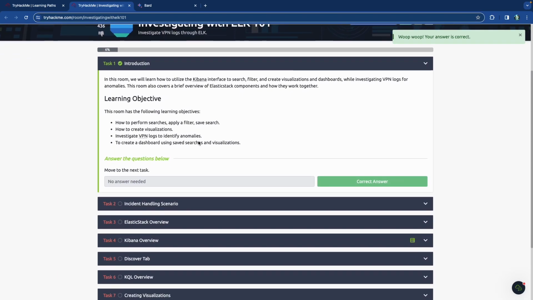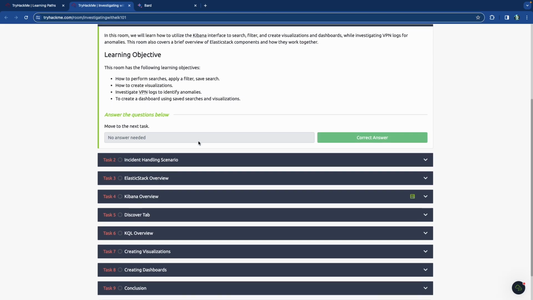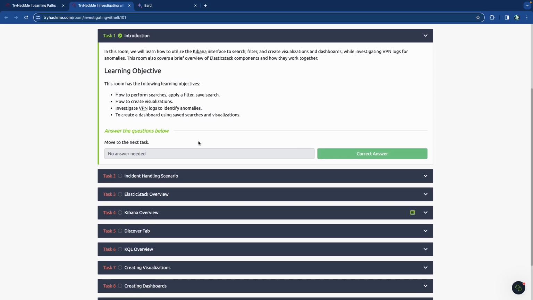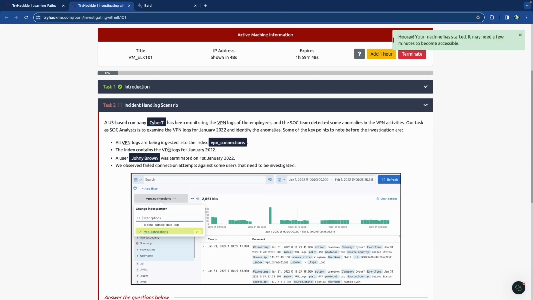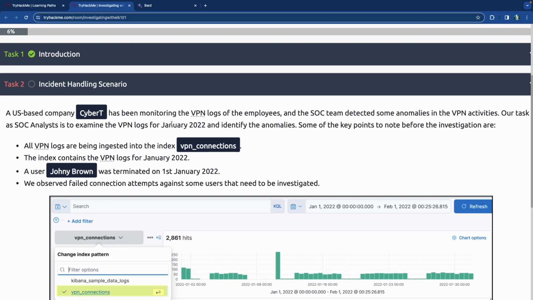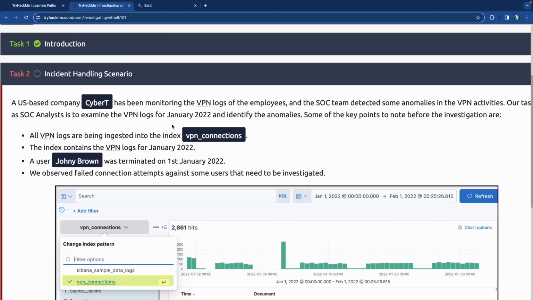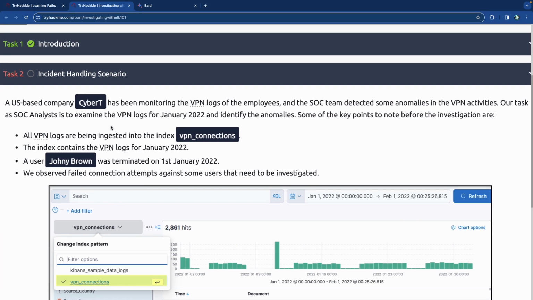So let's talk about incident handling, and it's a specific scenario. Alrighty, here's the incident. A US-based company, CyberT, has been monitoring the VPN logs of the employees, and the SOC team detected some anomalies in the activities. Our task as SOC analyst is to examine the logs for January 2022 and identify the anomalies.